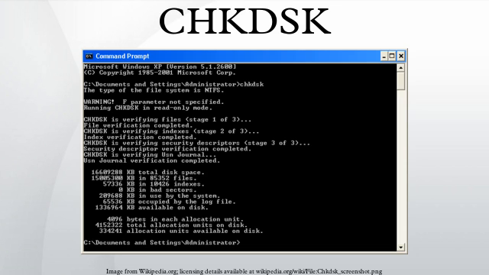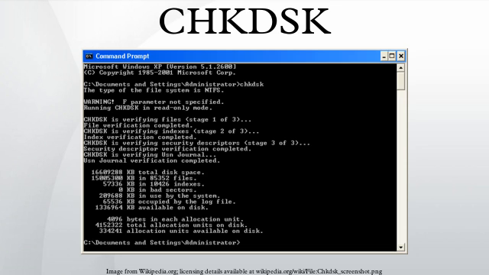The standard version of CHKDSK supports the following switches. When running CHKDSK from the Recovery Console, the options are different. The /p is not read-only as in the standard version but corrects errors. CHKDSK requires the drive not to be locked. Therefore, it is run from a command prompt with the syntax